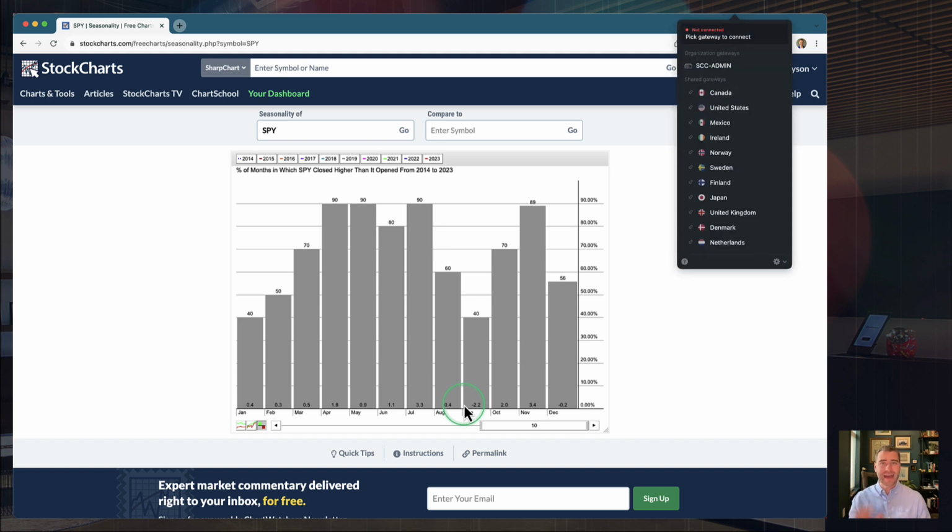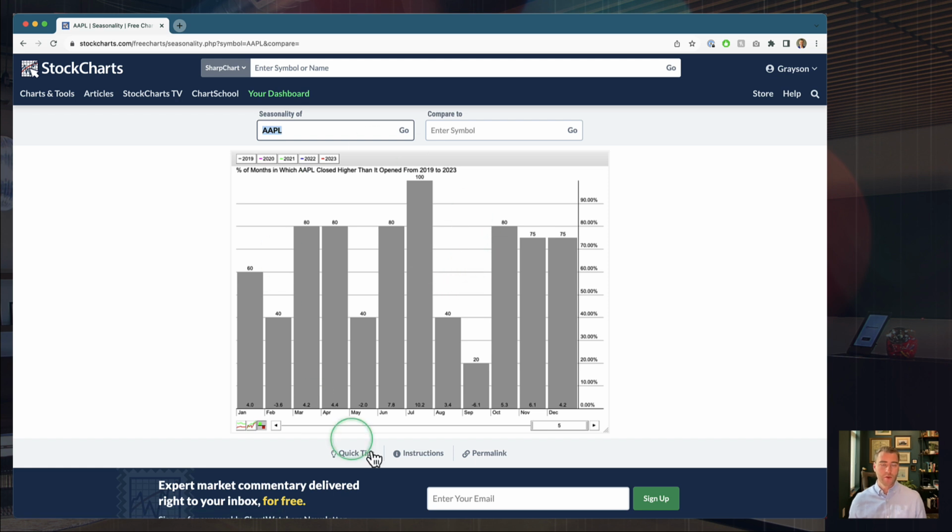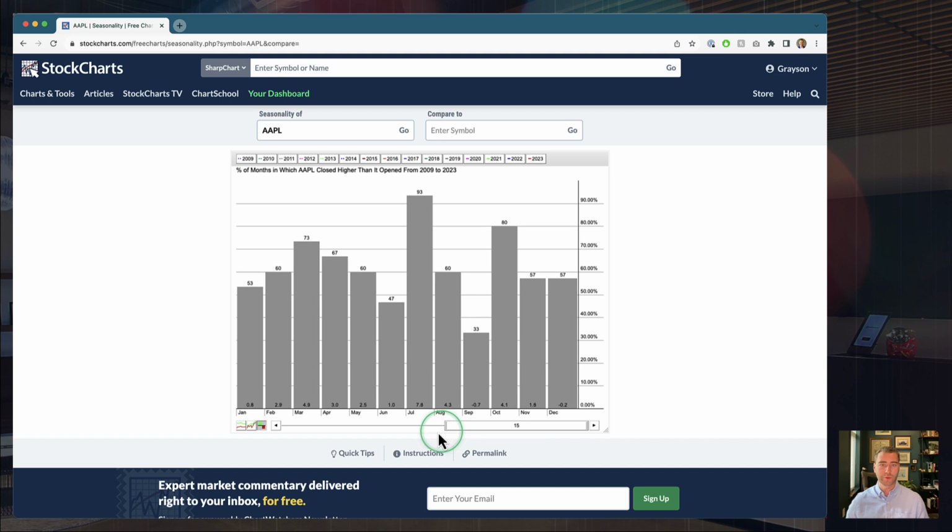Now, this can be fantastic for indexes. This can be fantastic for sectors. It can also work well for individual securities. So for instance, if we come up here and we type in something like Apple, we can see that on the individual security level, we can use seasonality in the exact same kind of way. We can drag our slider out. We can pick our number of years that we want to look back over. Maybe in this case, we want to do, let's say, 15 years worth of Apple. We can analyze historical trends for Apple, an individual security, at the same time. We can do this, like I said, for